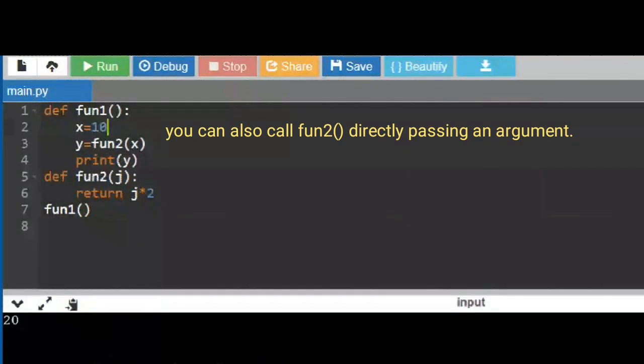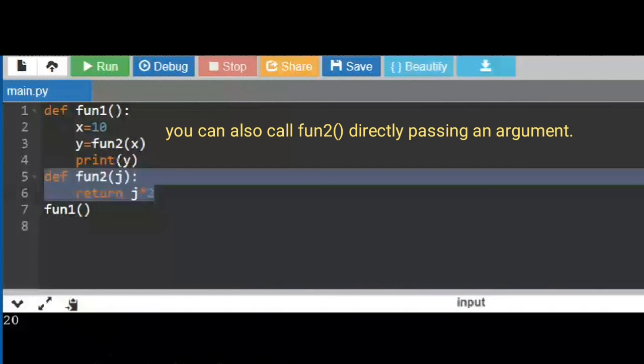And then I made a fun2 call, passing 10 as an argument over here. As soon as I have passed 10 as an argument into x, now the control goes to the function 2, where j will take 10, and 10 into 2 is 20, and 20 is returned to the calling function. Here the calling function is fun1.